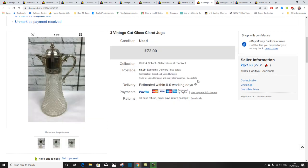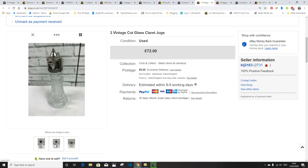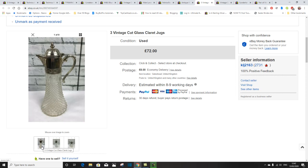Next on the list is 3 vintage cut glass claret jugs. Now I originally had these on separately. You can see the different ones here. I believe these two are Georgian,